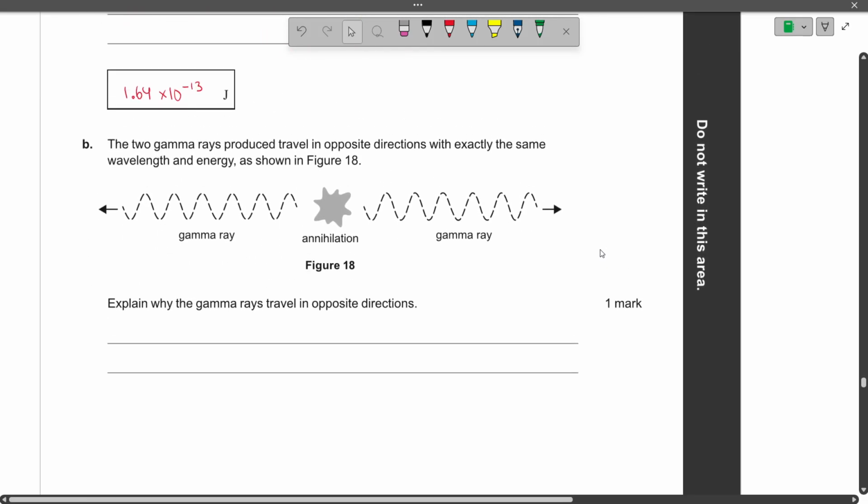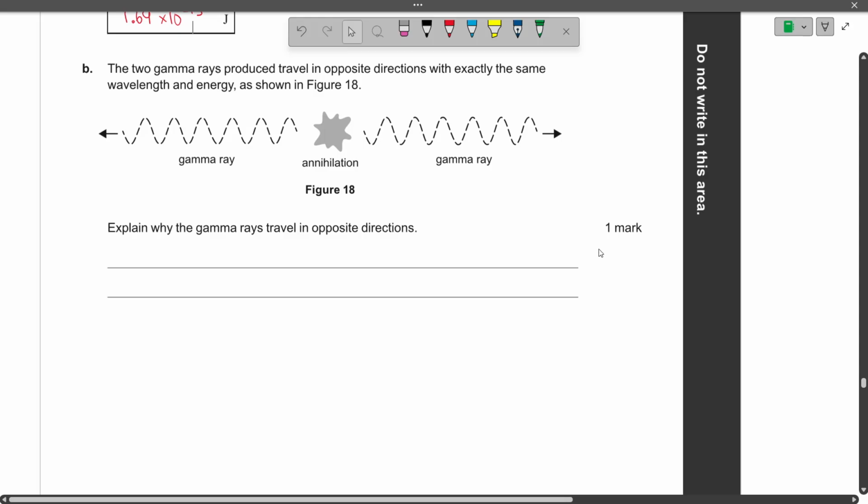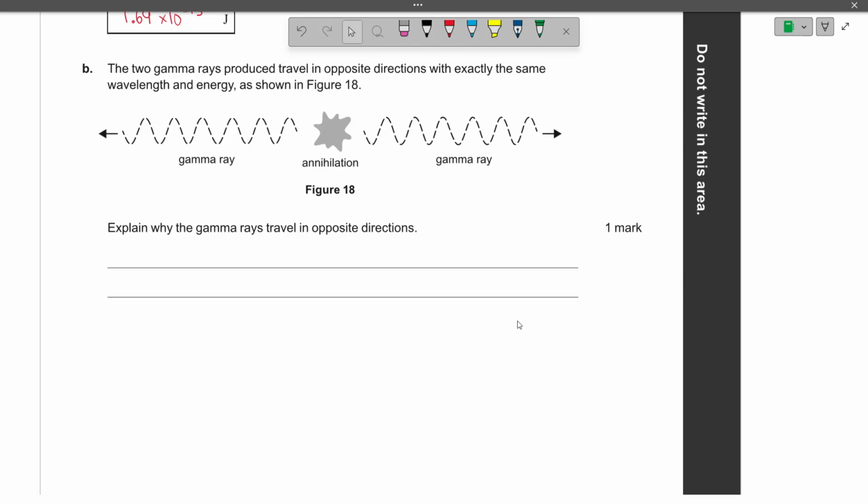So if they have the same mass, the velocities kind of have to... Now that I think about it, that's not the way that I would word it. I would say that they travel in opposite directions purely to conserve momentum,